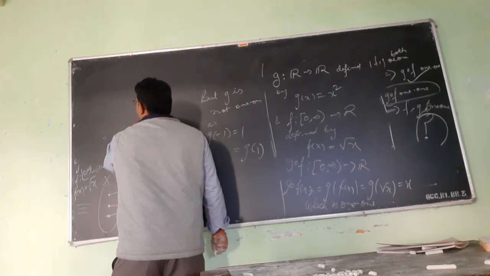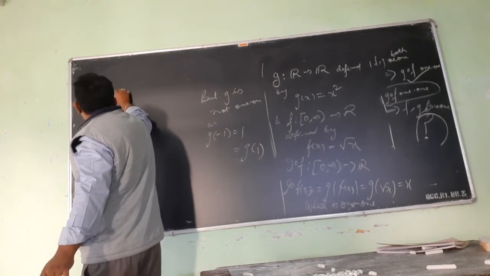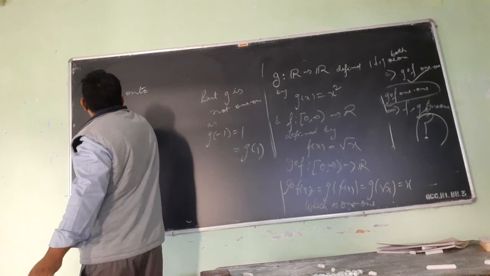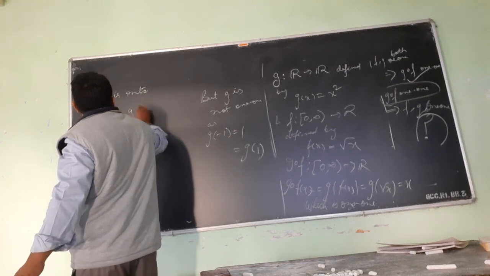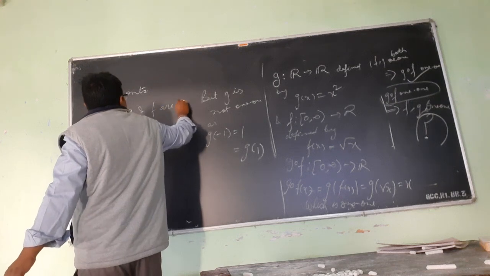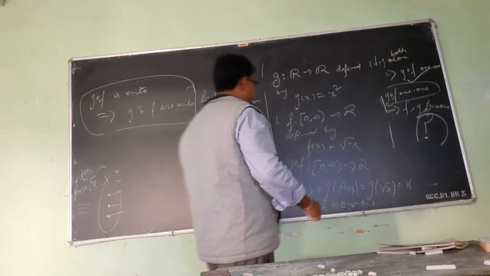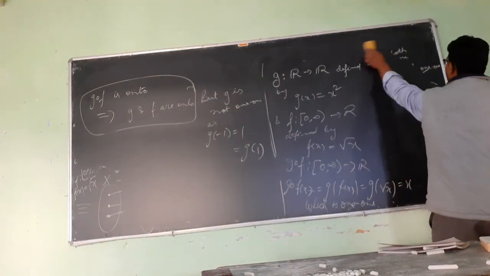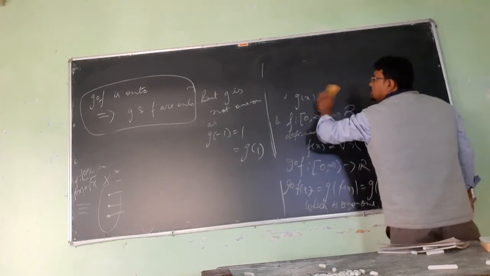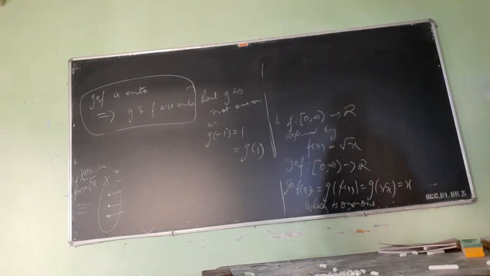Similarly, you try to think about this. If g∘f is onto, can I say that it implies that g and f are onto? This is also another thing. If g∘f is onto, whether this is